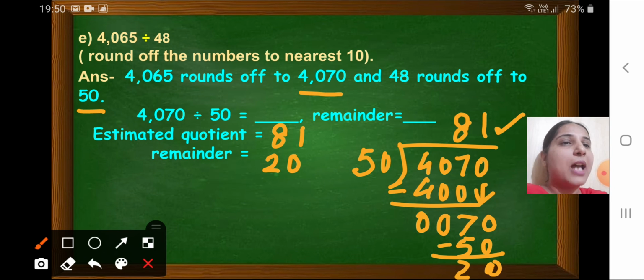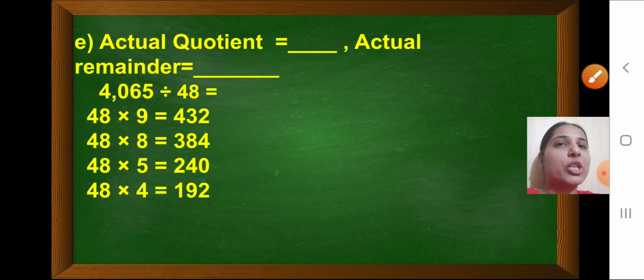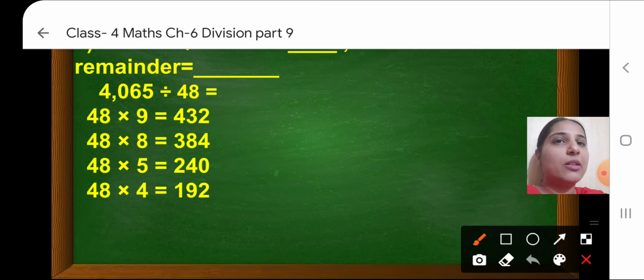Okay. Now that is the estimated quotient. Now we will find out the actual quotient and actual remainder. And how will we get that? Without rounding them off, as it is being given in the question. So let's divide to get the actual quotient and actual remainder. So here let's divide